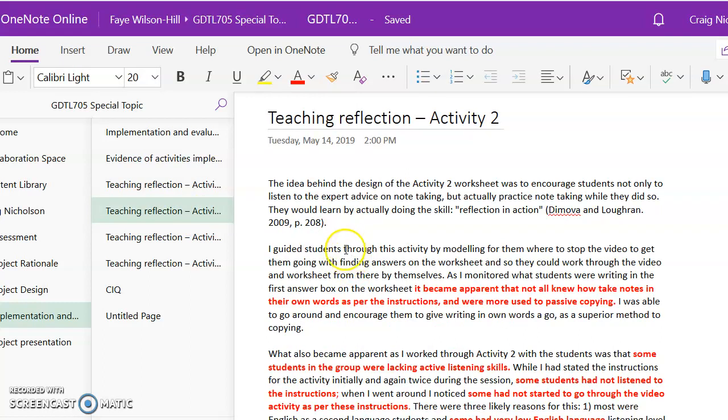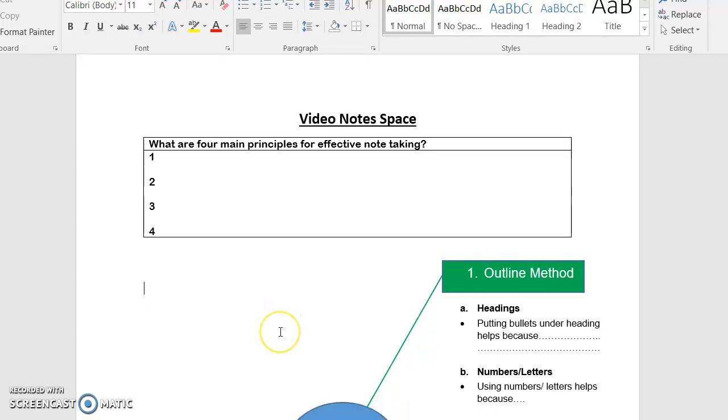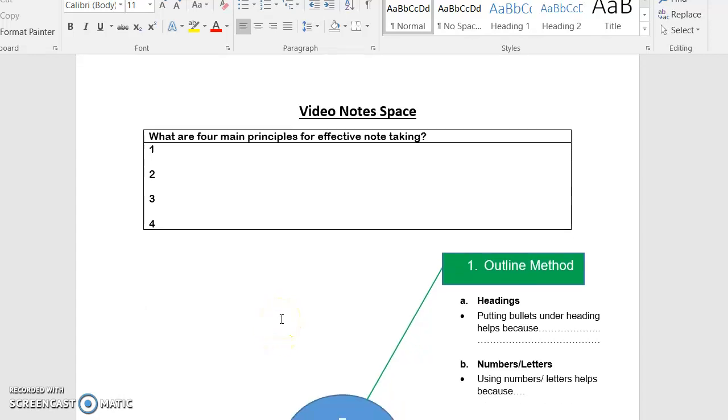This one was a beefier video, a much longer video that required students to stop at various points along the video and fill in a sheet that I'd handed out, and I'll show you what that sheet was. The video was going through 5 styles of note-taking, and at the beginning of the video there was a PDF that it stopped on. I decided the best thing to do, because I was training them how to do this, was to stop on the first stop and get them used to what to put first, get them in the habit of what to do at each stop.